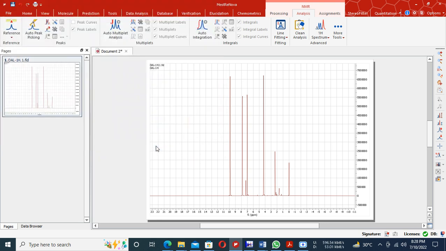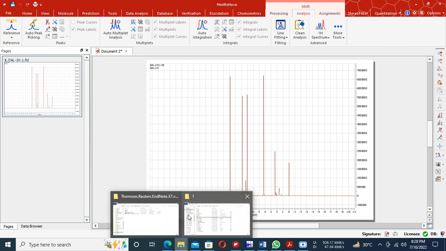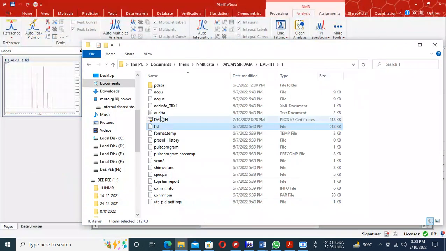So let us save it as a galactic SPC file. Now we'll open that galactic file, DAL1H. There the galactic file is, and we will drag and drop it to the